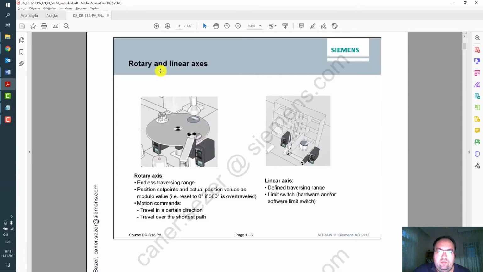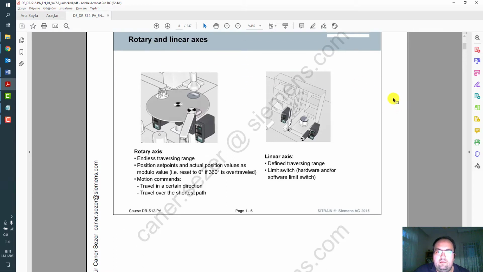So basically there are two different kind of axes, rotary and linear axis. On the left side there's an example picture shows us the rotary axis. In normal case scenario it's endless traversing range, and motion commands can be a certain direction from clockwise or counterclockwise, or possible to travel over the shortest path.